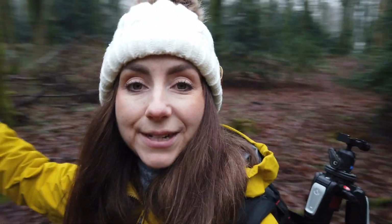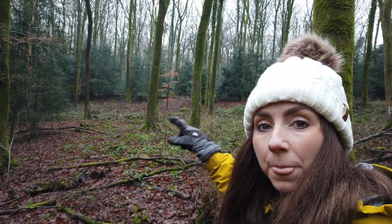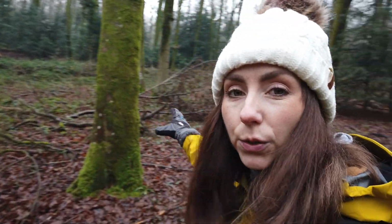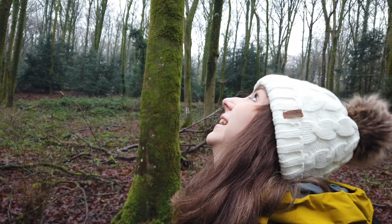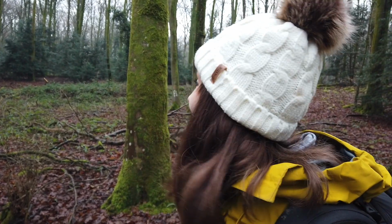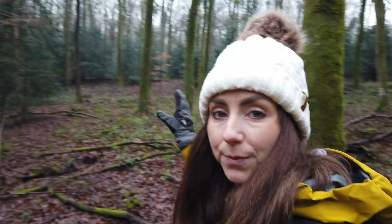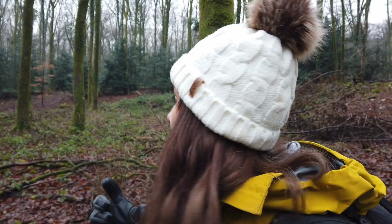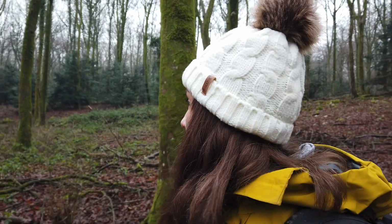I really love this little tree which is in between these evergreens. You can just see it kind of cocooned in and amongst these tall, big curly oaks. This is my next composition. Reason being is because you've got these evergreens surrounding it, which are like a teal green, and then you've got this mossy green, and then the vibrancy of those orange leaves is just